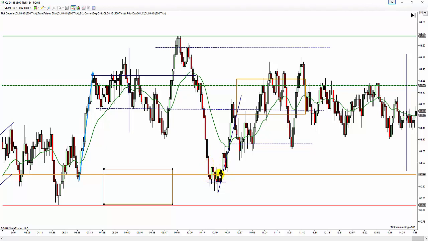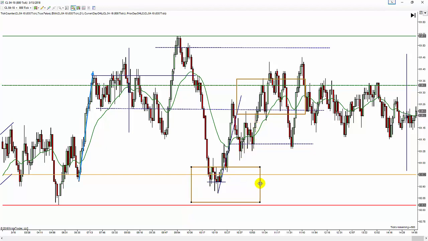You see, this is a second entry long right here on this bar, but man, that's really deep down. It's not a bad setup, but at the same time, it's a fairly aggressive trade. Price moves up, pulls back again. Here's another second entry long here. Price moves up, another second entry long here. And so